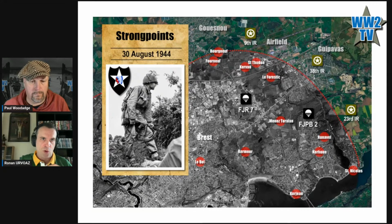So if we move back to the north, if you talk to any Manchu soldier from the 9th Infantry Regiment, he will know Bourneuf, Fourneuf. This is just a crossroad, just two hamlets of farms, and it was grossly underestimated by Allied intelligence, because most of the flak positions were clearly identified thanks to the resistance, and they were dealt with by B-17s, heavy bombing. But this crossroad, they didn't think the Germans, even on top of a hill, would defend to the last, and it took more than a week to capture this crossroad,